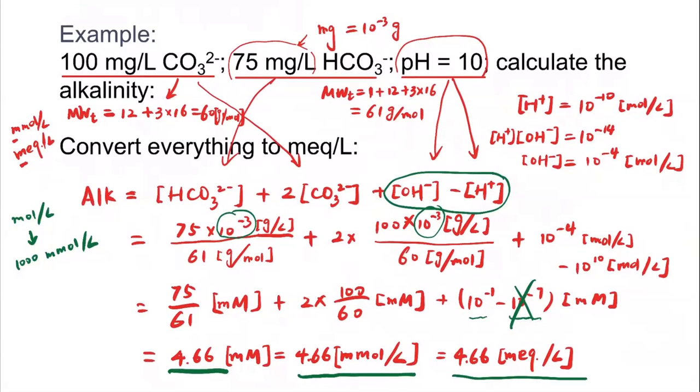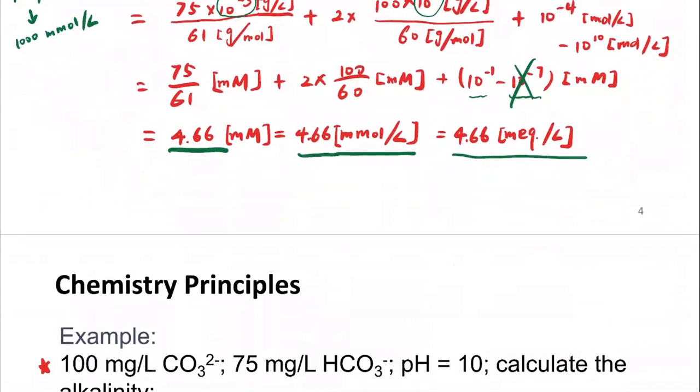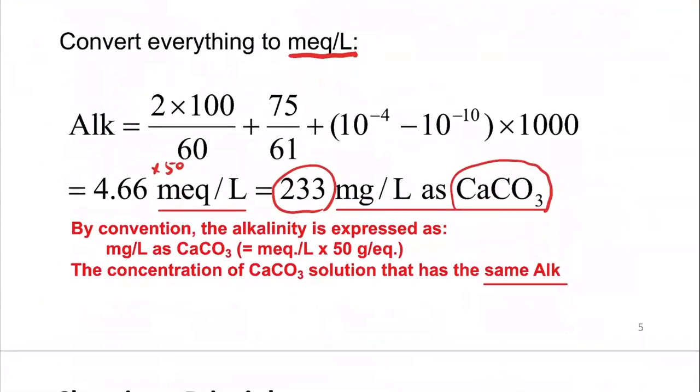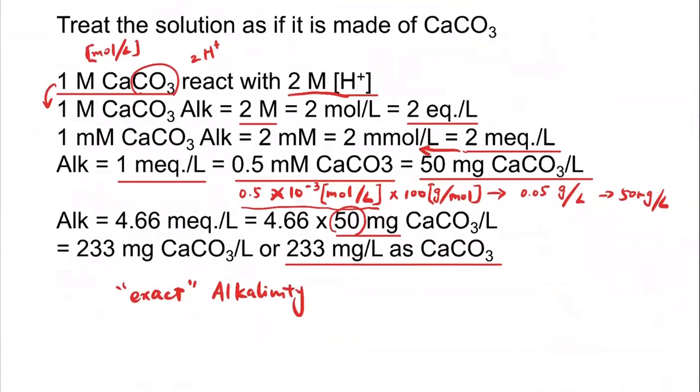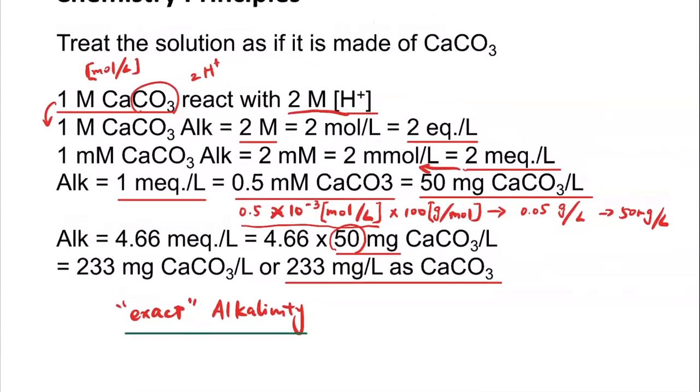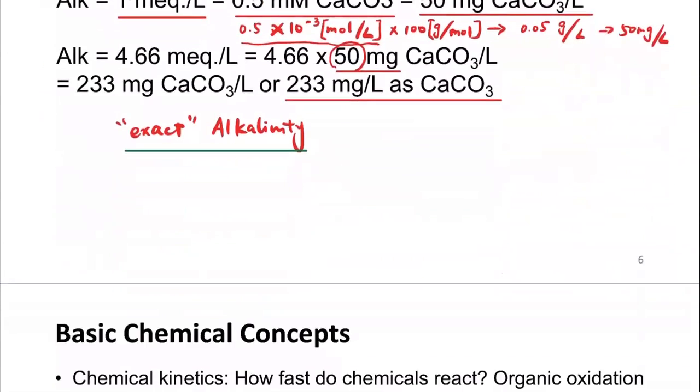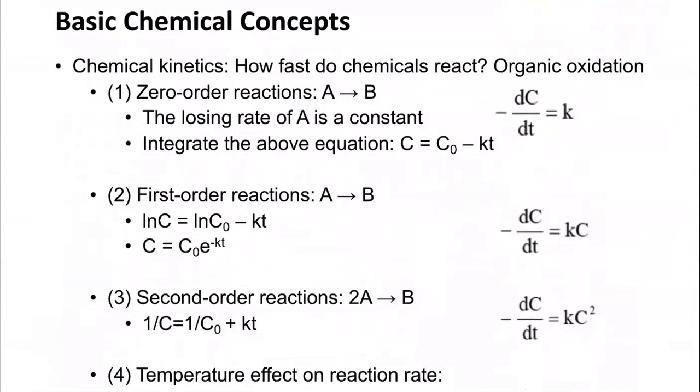But when you consider the OH and hydrogen ions, then they are exact alkalinity. Okay, so in the homework problem, you're going to solve this exact alkalinity there. All right, so this is about the alkalinity, and I hope that you're getting a little bit more clear